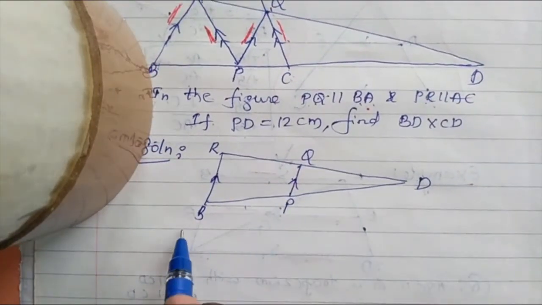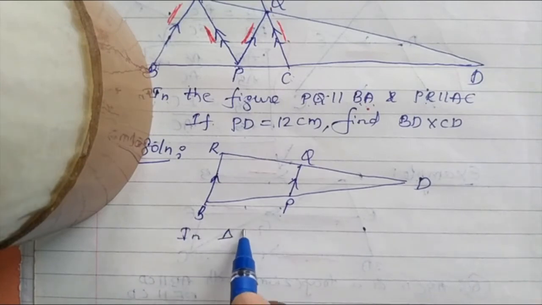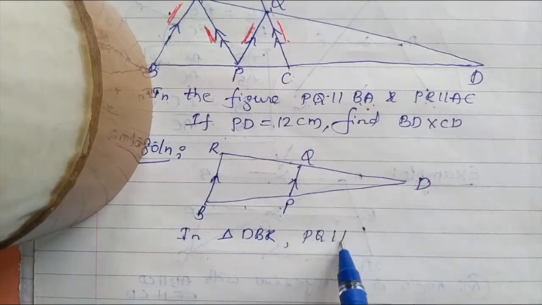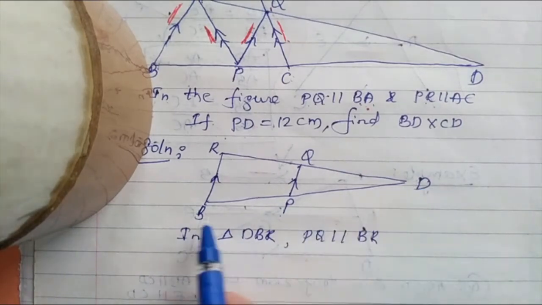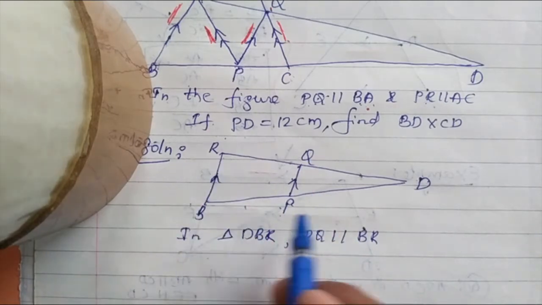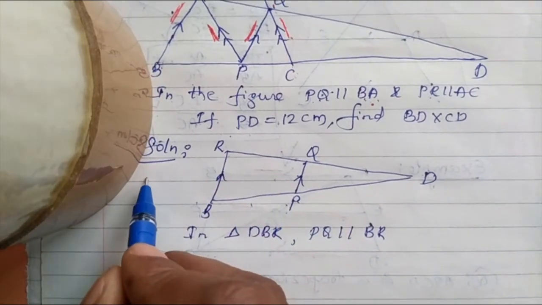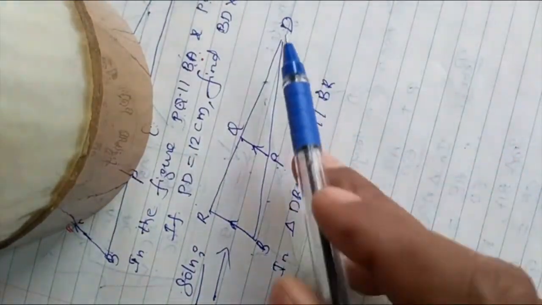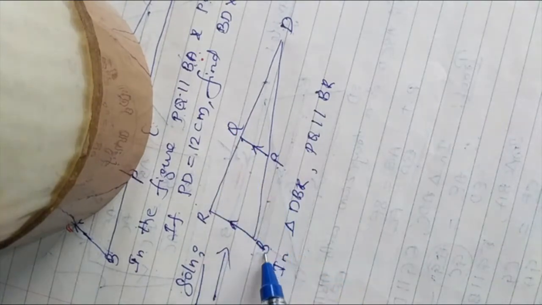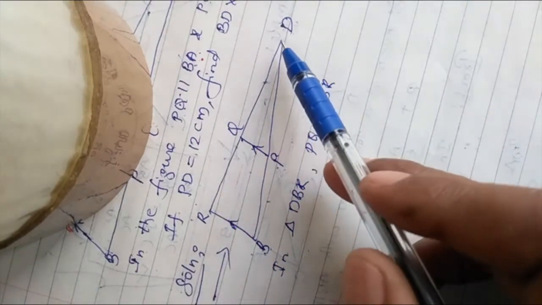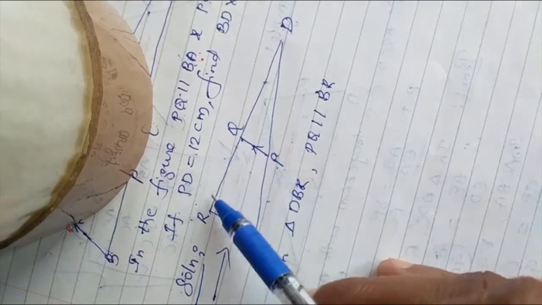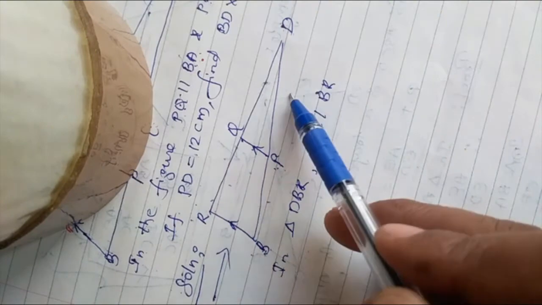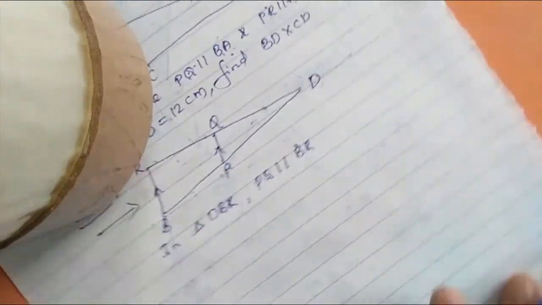So in this triangle, in triangle DBR, PQ is parallel to BR. In triangle DBR, PQ parallel to BR. So we can apply the BPT, and to apply BPT you have to observe from this direction. Look at it like this pyramid shape. In triangle DBR, PQ parallel to BR, then we can say the results of BPT: DQ by QR, DP by PB. But there are three results: off by off, off by off, off by full. So which one should I